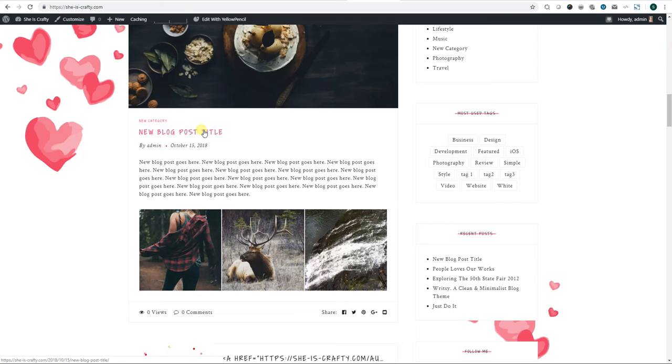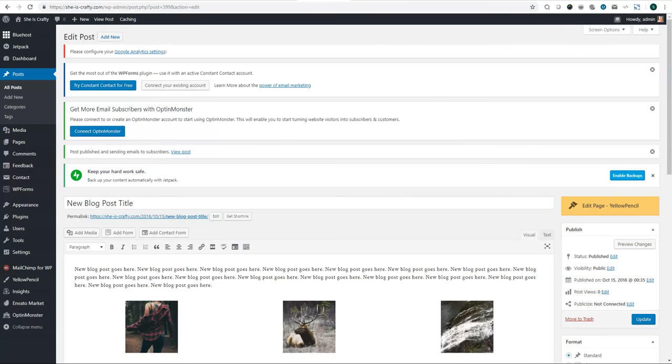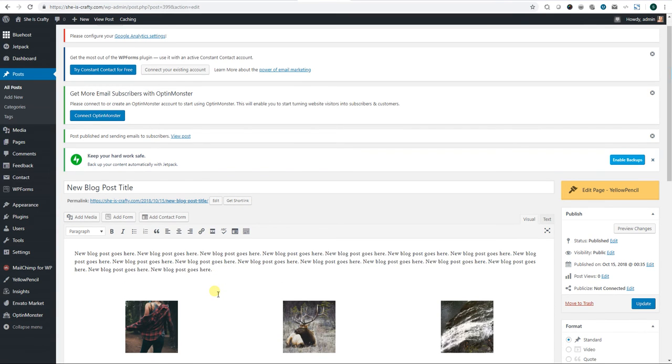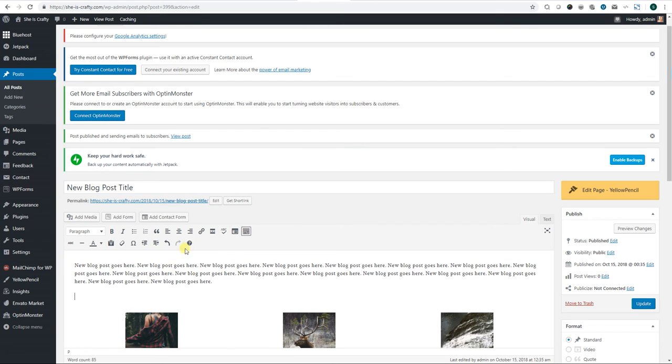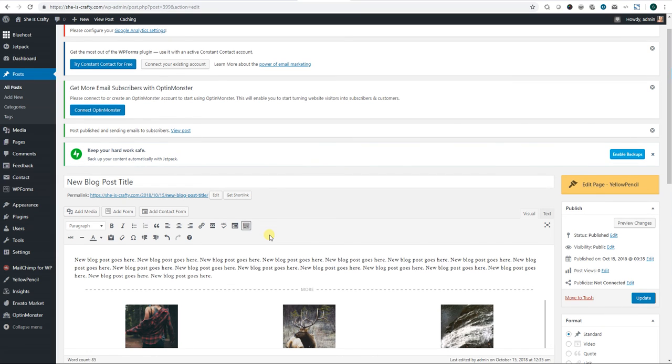So if you want to show a snippet of the post, I'll show you how to do that. So if you want to stop the post here, let's see where it is. We're going to insert the read more tag, and what that does is it breaks the content apart, so you'll only see what's above the